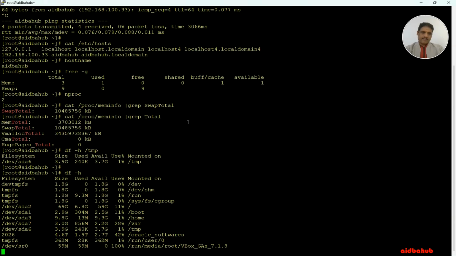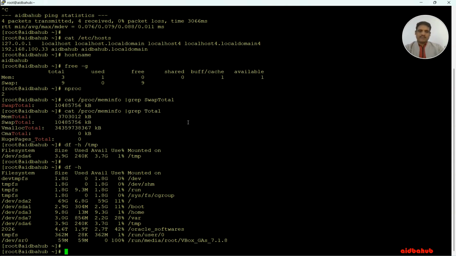So this is the file system. I did not create any file system, but prior to that we need to configure